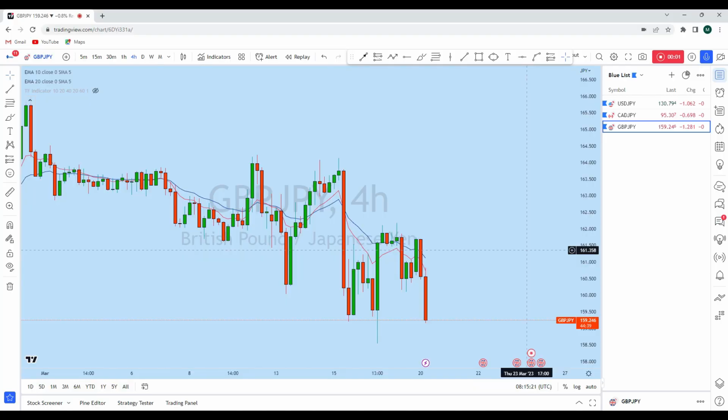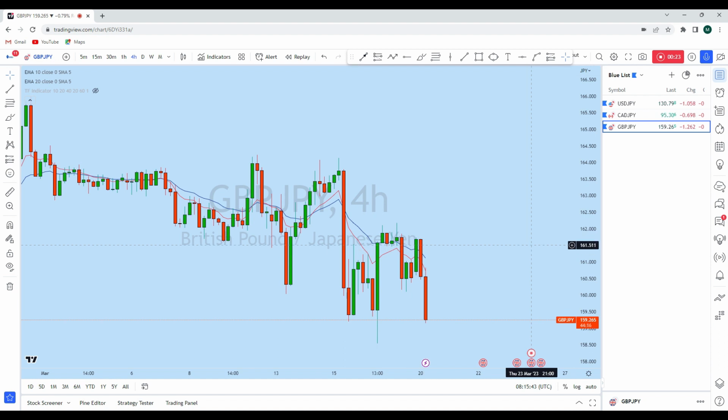Hello trader, I'm going to do a complete multi-time frame analysis of three of the most important JPY pairs: dollar yen, CAD JPY and GBP JPY. Due to the strengthening in yen, these three instruments are highly volatile and can give us a significant trading opportunity. Before we discuss how we can trade, let's look at the overall picture to see the general direction in the market,